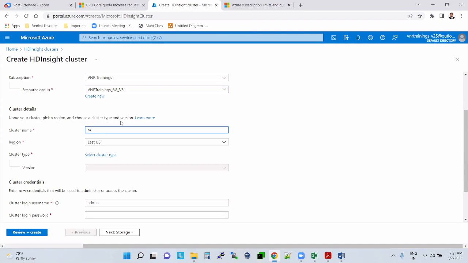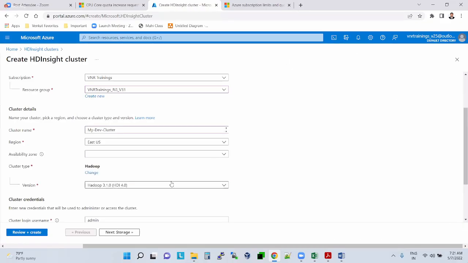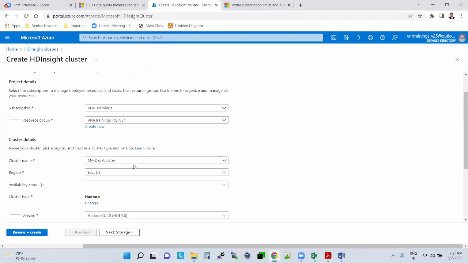The cluster name is my_dev_cluster, checking for the name. Cluster login and admin.